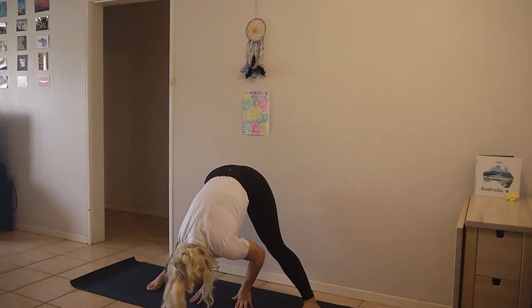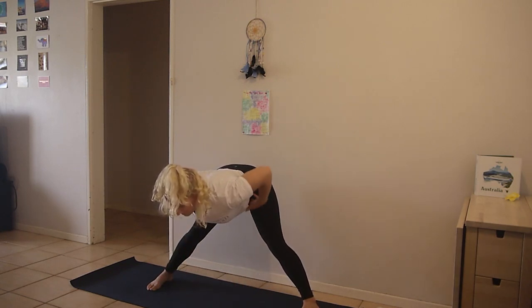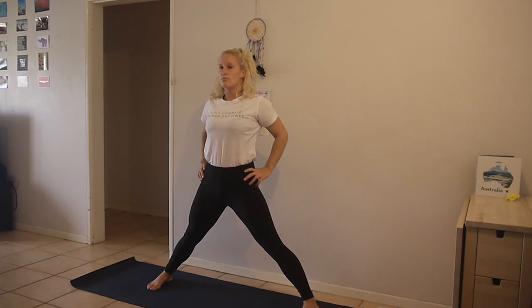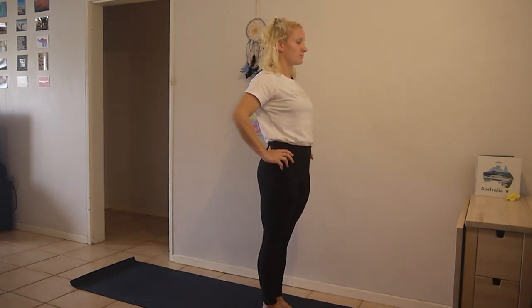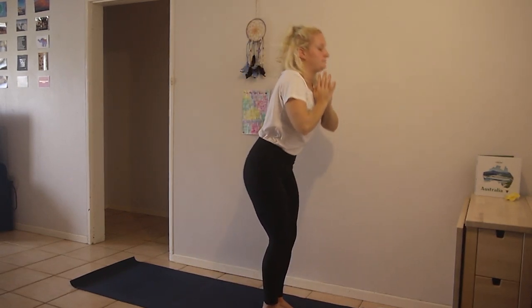Inhale to lift halfway up. Exhale to bring your hands to your hips. And then inhale to lift all the way up to stand. And step your back foot up to meet your foot that's at the top of the mat. Standing at the top of the mat, inhale to reach up to the sky. And exhale,